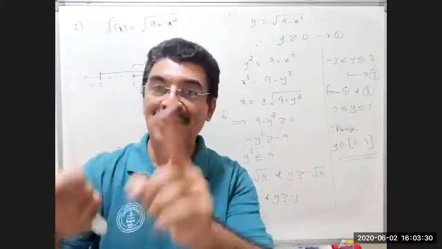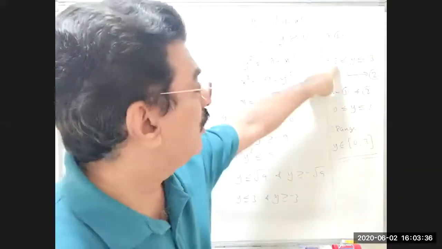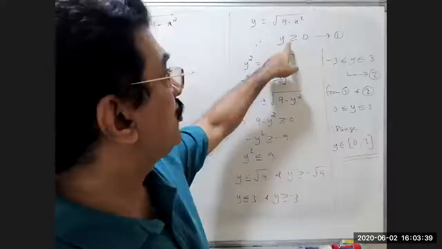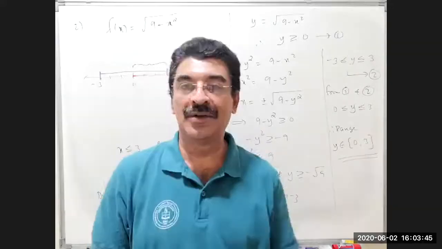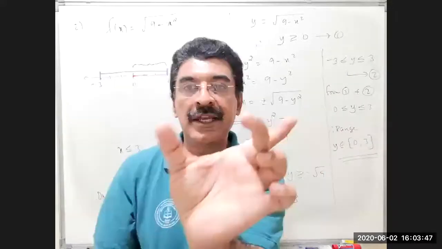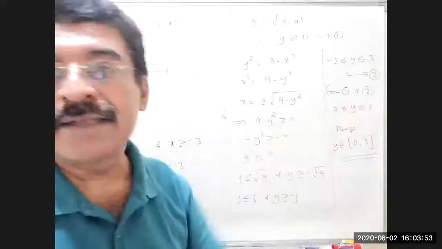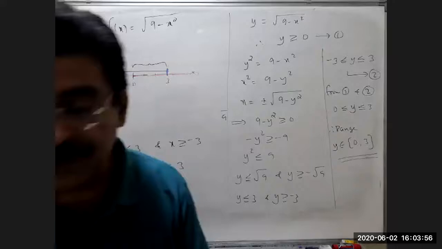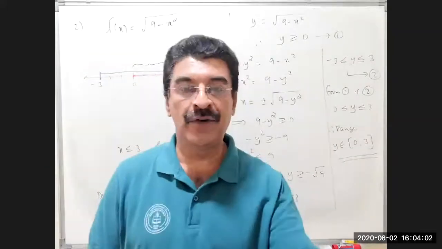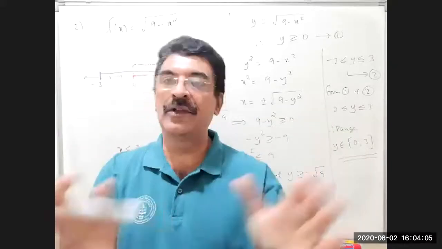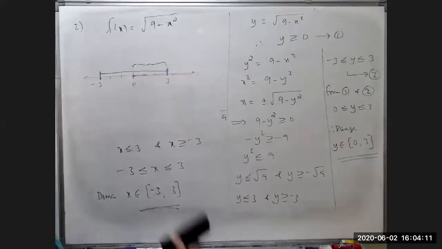Again, someone wrote the second one is a subset of the first. That's also wrong. Why? Are all elements here coming here? Minus 2 is in the second set, but minus 2 is not in the first. So the first one is not a subset of the second one, or the second one is not a subset of the first one. These are two different sets, but a few areas overlap. So the common area, their intersection, is the required range. So this is another technique of finding range. To find range, write x in terms of y. Now see the condition applicable for x. Apply it, then find the value of y. Now coming to question number 5.